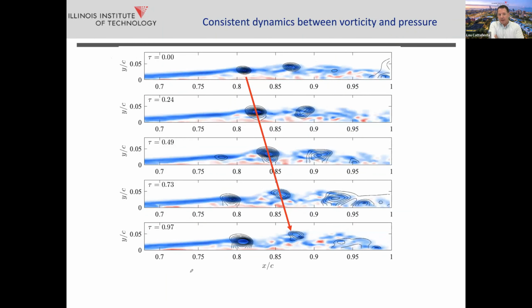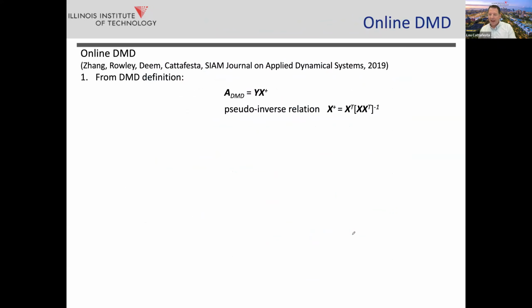If we superimpose snapshots of this at different time delays of the pressure contours on top of the vorticity, you can see a clear convection of these disturbances as you go to higher and higher time delays. And these are consistent with cross-correlation measurements that we make on the surface. But we think we've got the physics right. And that means that really, if there is a mapping or a footprint of the pressure on the surface from these vortices that are propagating, we should be able to detect them and then use that as a basis for control. So now I want to do this in real time.